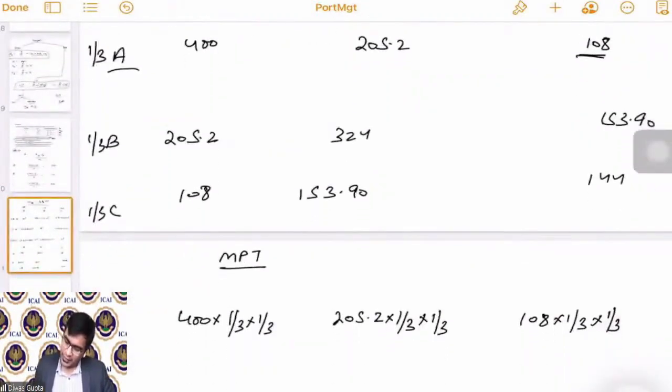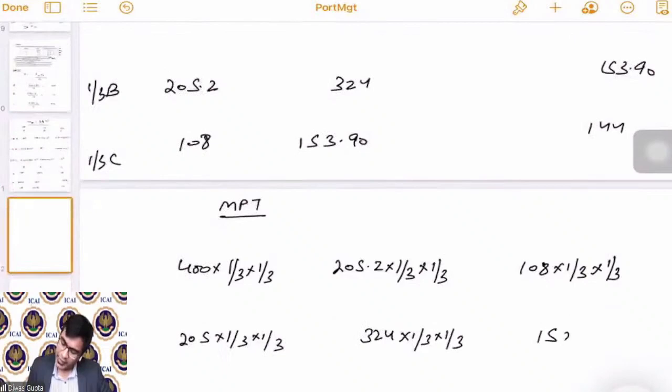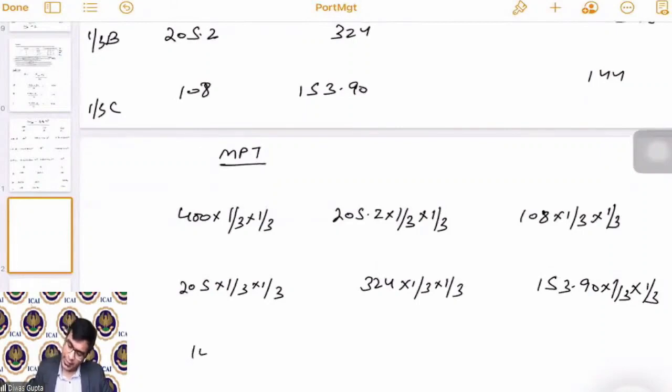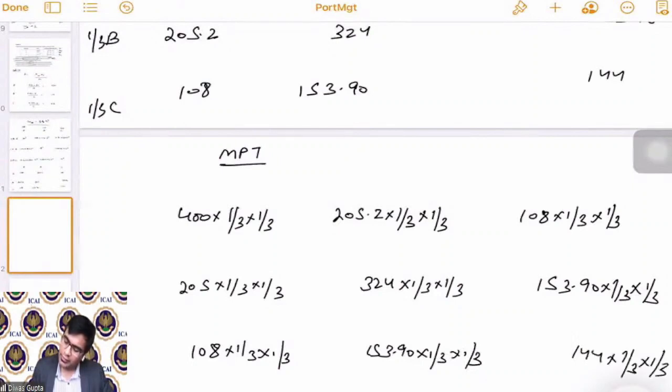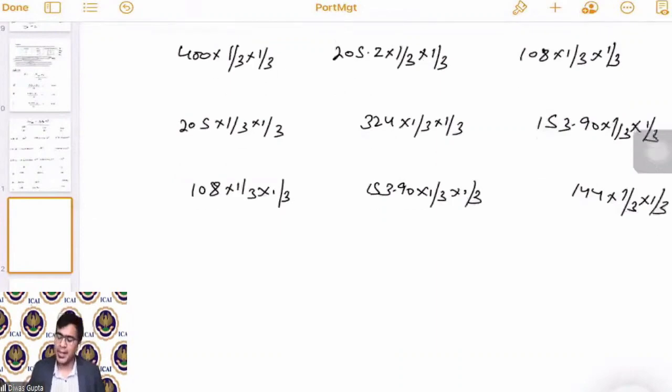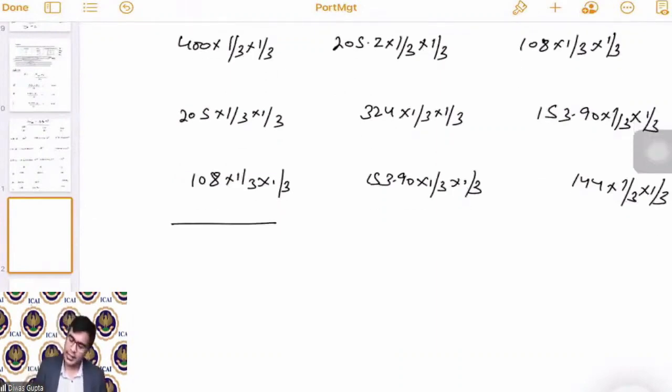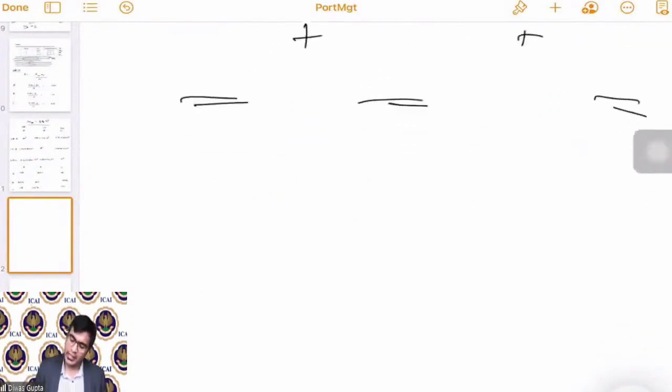Yeah, so here it will be 108 is done, so 205, 324, 153.90 into 1 by 3 to 1 by 3. Similarly, 108 multiplied by 1 by 3, 1 by 3, 153.9, 1 by 3, 1 by 3, and 144 into 1 by 3, 1 by 3. Correct? So multiplying it with the respective weights, the covariances, then taking a summation horizontally and vertically both, we get the answer as